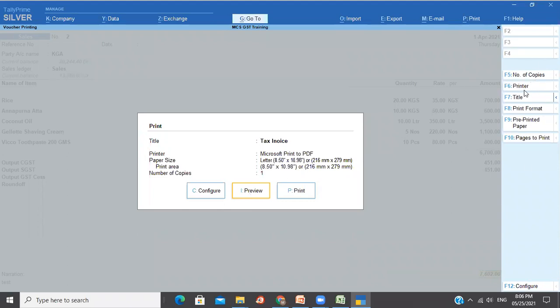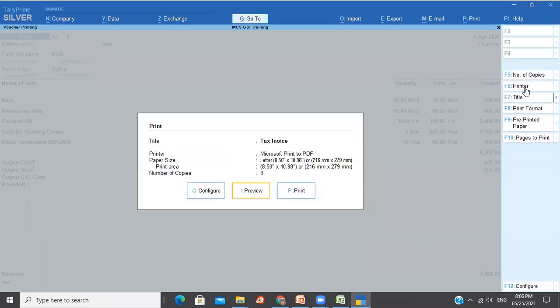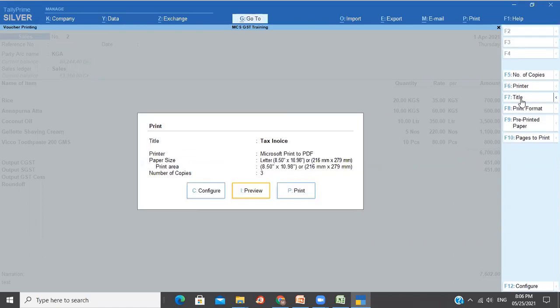On the right hand side, you could see lot more shortcut keys, number of copies you want. Say example, I require 3 number of copies with all details. Then printer you could select, title. Example I have given as tax invoice. If you want, you could change this title. Then you could also say pages to print. Do you have a pre-printed stationery? All these details. Now if I click on preview